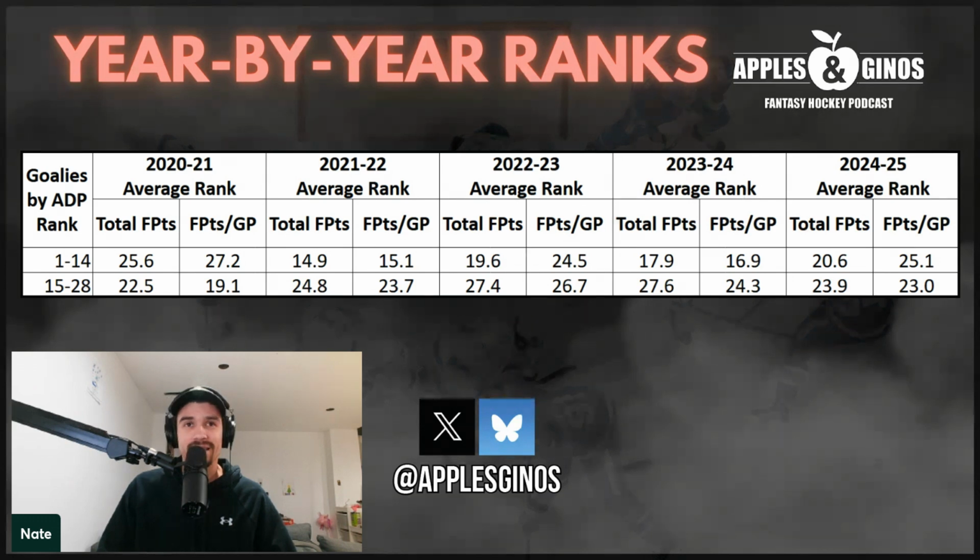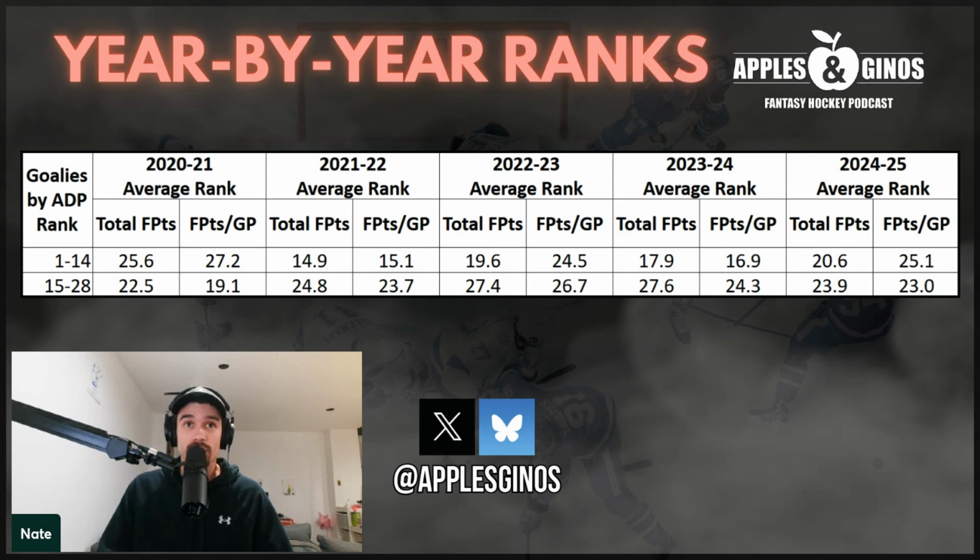I did use a cutoff here. You had to win at least 10 games to make it into these stats. I didn't want goaltenders playing 1 game factoring into these fantasy points per game played. If they had 1 game in the NHL the entire season and that was a shutout, obviously that would skew the numbers a lot. So every goaltender to be included on this list had to have at least 10 games won by the end of the season.